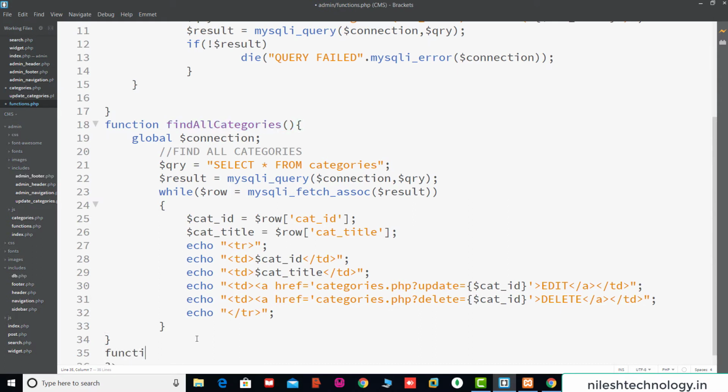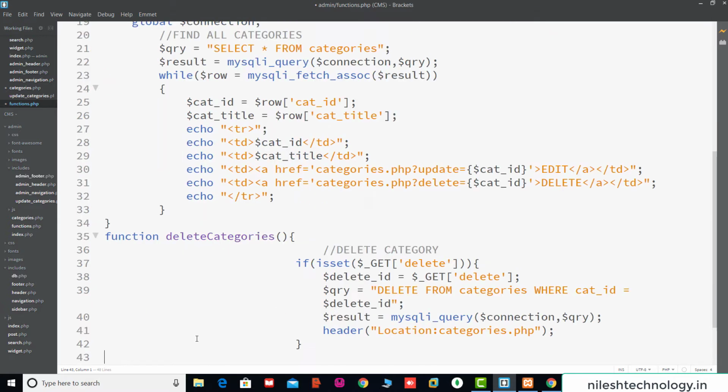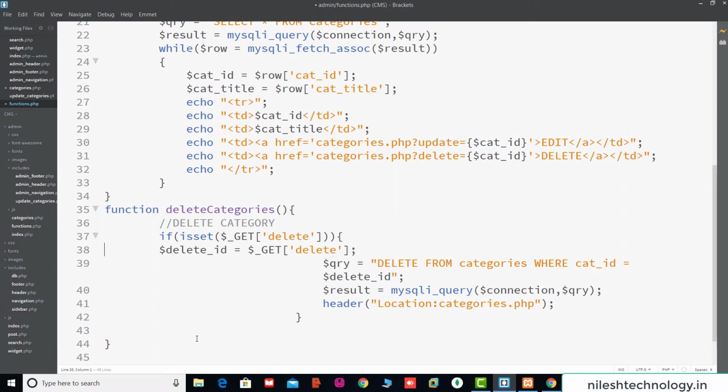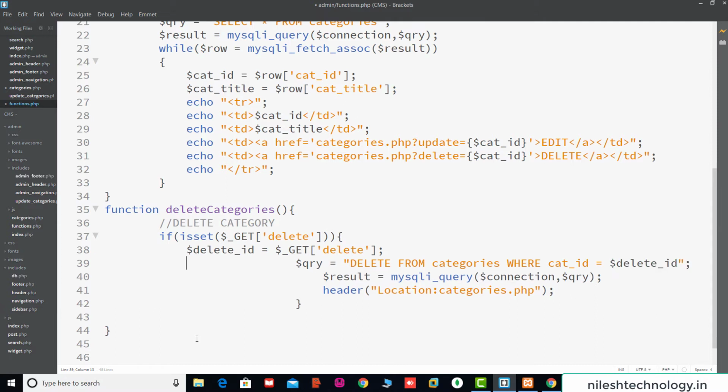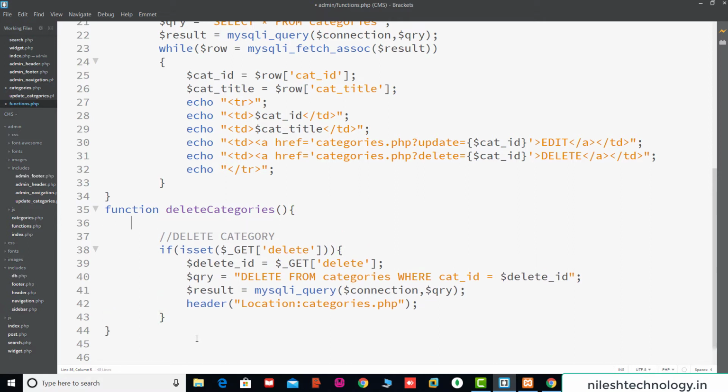We create another function. My function name is delete_categories. Okay, again here we adjust these spaces. Okay, again here we add the global connection.